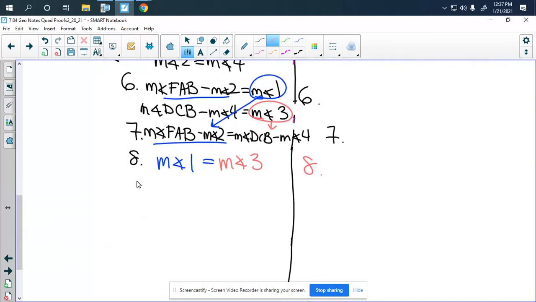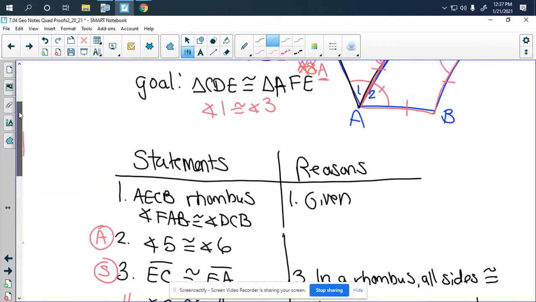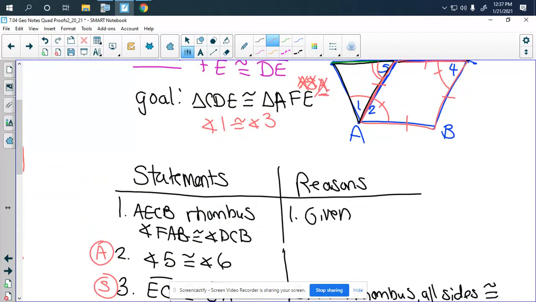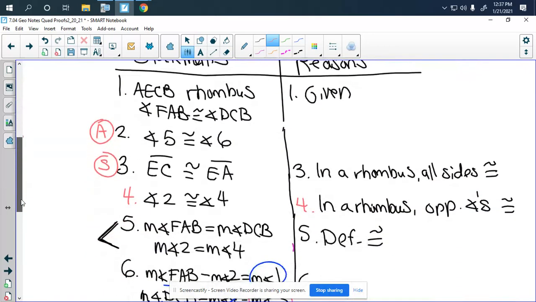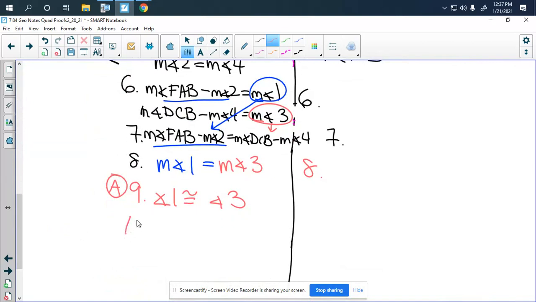Now I don't have a pair of angles congruent yet, I just have them equal, so I'm going to switch this back to congruency. And the reason there would be definition of congruency. And now I have my other pair of angles, so let me cross that off. By crossing that off, I now realize I've met all three requirements here. So once I have those three, a pair of angles, a pair of sides, and another pair of angles congruent, I can say